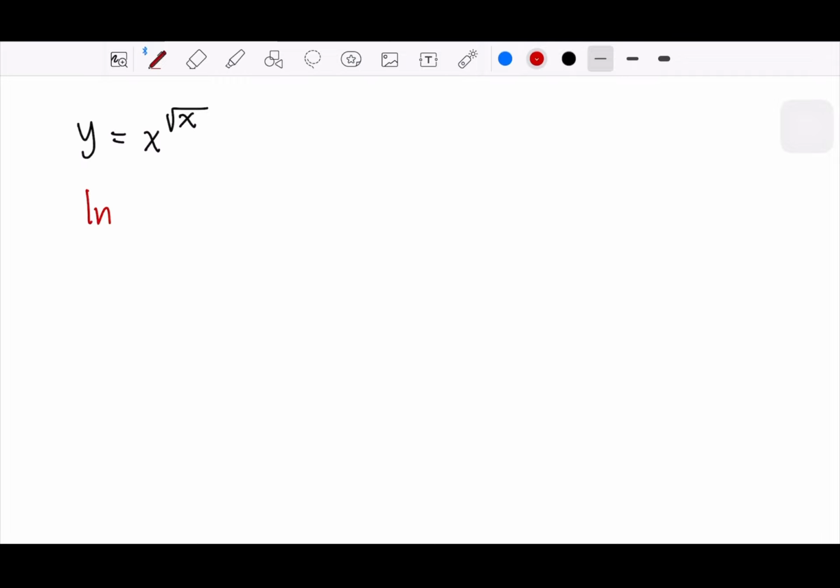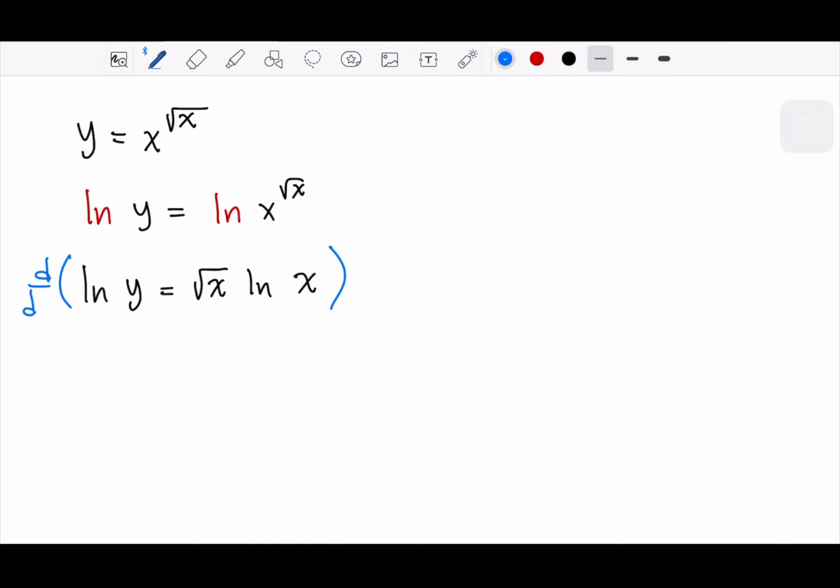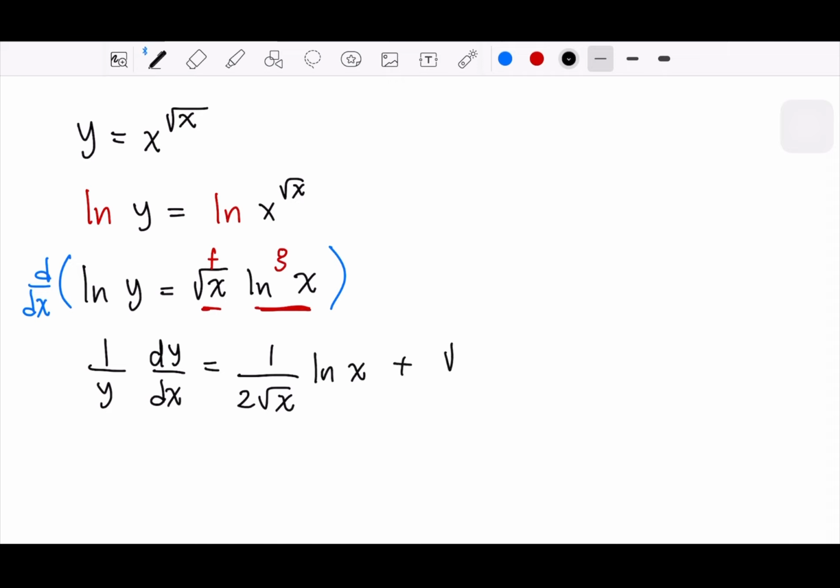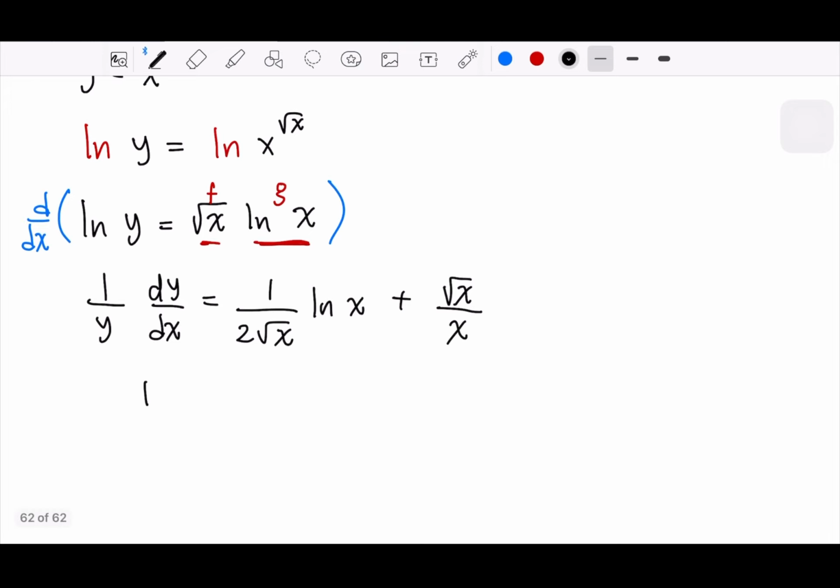So take the ln, take the ln, so we will have, and then take the derivatives. So this will be 1 over y, dy over dx. And then don't forget that we have two functions at least here. So we have product rule, right? So we take the first one and then plus. So dy over dx is equal x